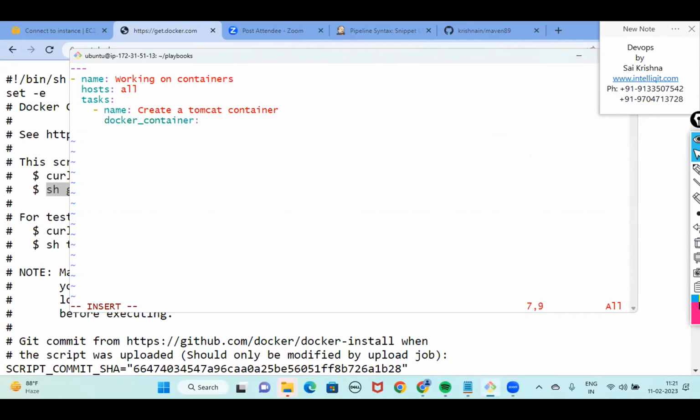The name of the module is Docker_container, and the arguments are, you can specify some name for the container. See, we are trying to create a Tomcat container. What name do you want to give? I'll call this as app server. Which image are you working on? Tomcat, that's it. Now, if I run this Ansible playbook, you will see that on all the managed nodes, a Tomcat container gets created, and the name of that Tomcat container is going to be app server. With the Docker run command, it is the --name option. Same thing is going to happen.